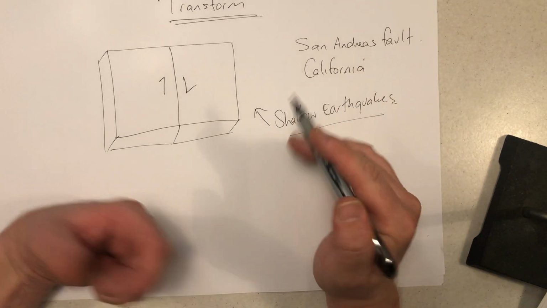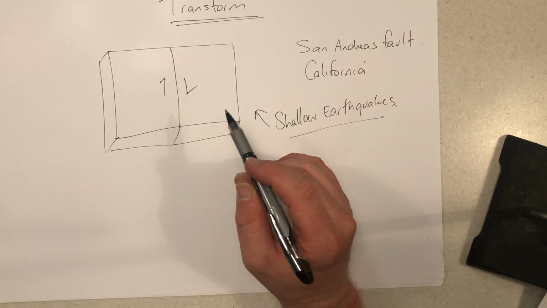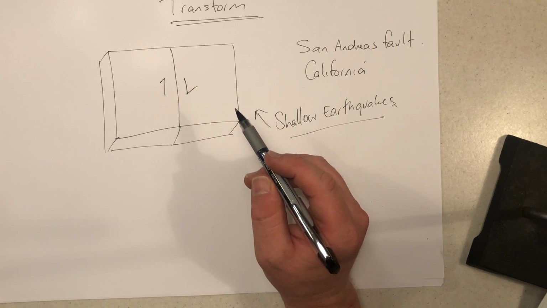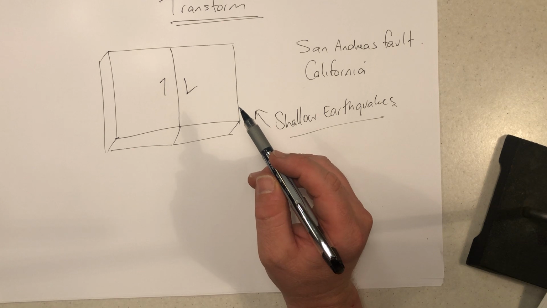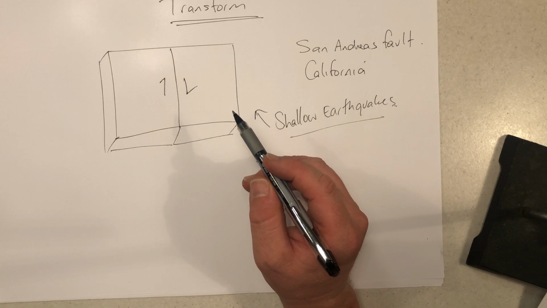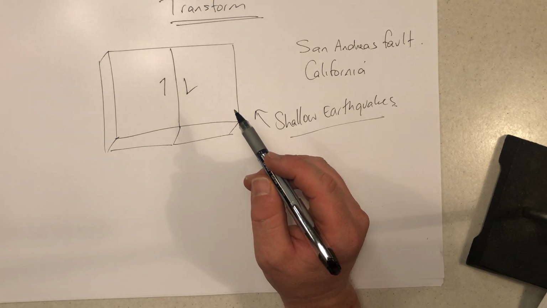Now, that's not to say these earthquakes aren't dangerous. They're very, very dangerous and they can be very destructive, but they're not the type of earthquakes that are going to cause, I guess, volcanism or anything like that. And I think I've put a couple of slides on